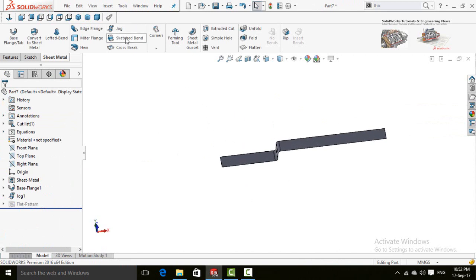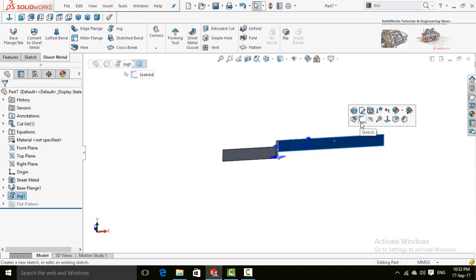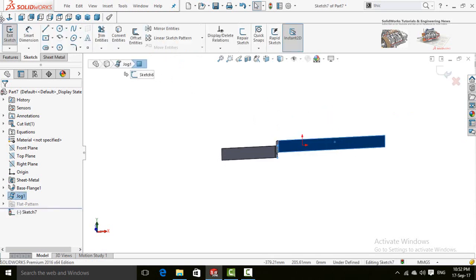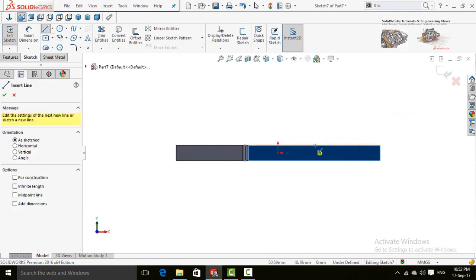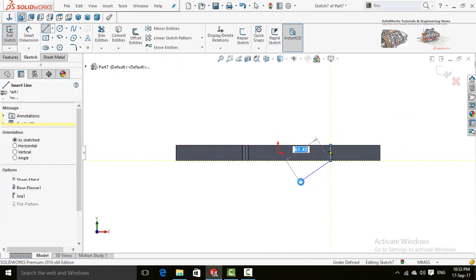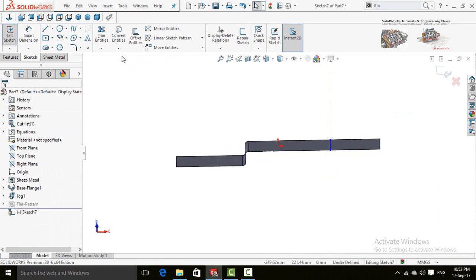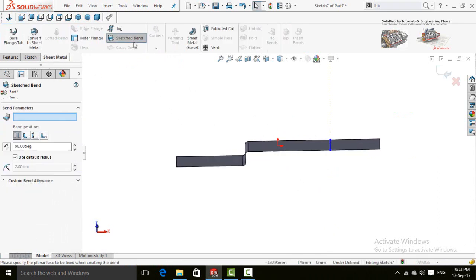After jog, here is the sketch bend command. Jog adds two bends and sketch bend adds only one bend in the sheet metal. So let's try it. Sketch on this face, make normal to and draw a line. Now if you select sketch bend command, similarly it will ask you about fixed face.